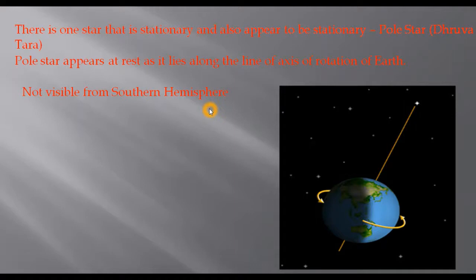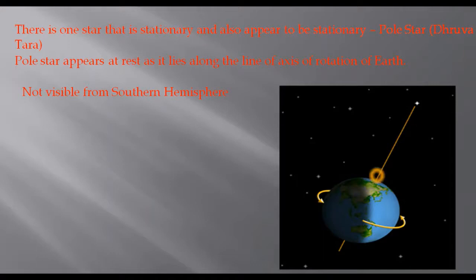Okay? Now, what is the reason behind this? Why does this pole star appear to be stationary and not change its position with time? See, the reason for this is that the pole star lies on the axis of rotation of the Earth. Suppose this is Earth and Earth is spinning on its own axis, and say this is the axis of rotation of Earth. It means Earth is spinning on this axis. Now this pole star is lying here on this axis of rotation, and this axis of rotation is fixed in space, it doesn't change with time.